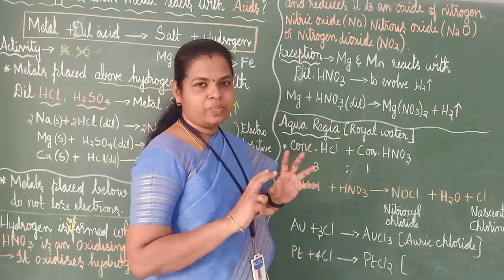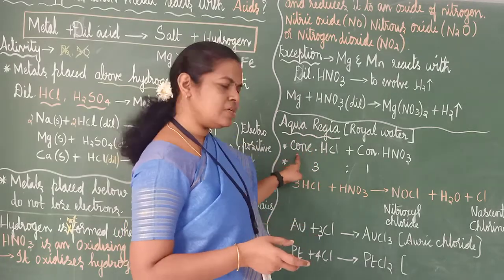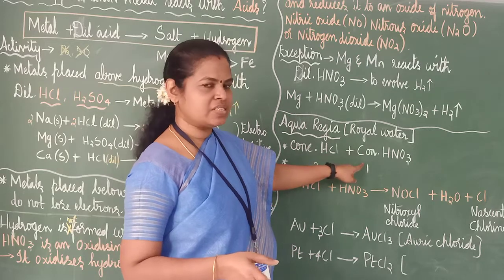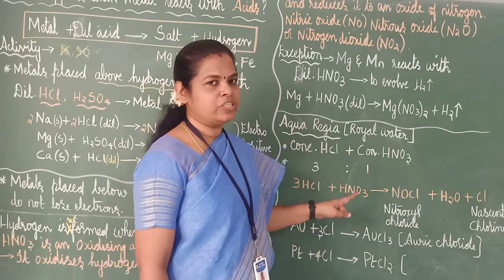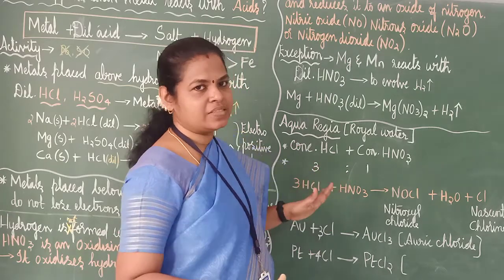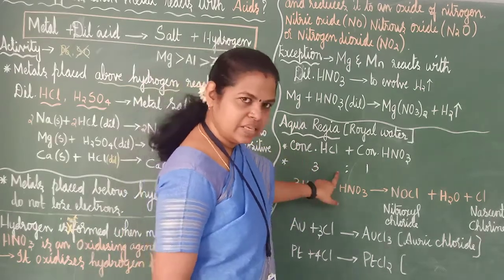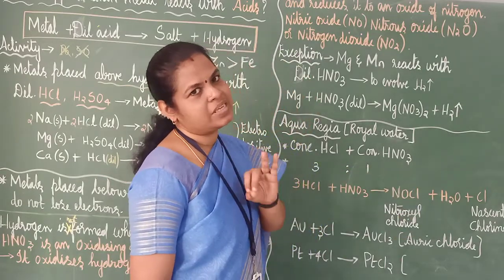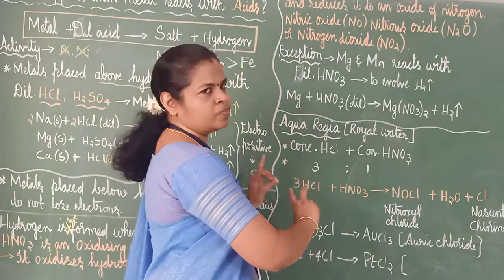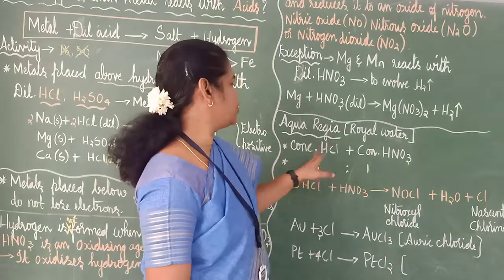Aqua regia is a mixture of, see here, concentrated HCl and concentrated HNO3. It's very important. Don't write concentrated H2SO4. Here there is no sulfuric acid. Concentrated HCl and concentrated HNO3. First point. Second point is the ratio also. Sometimes you will put the ratios opposite. See here,